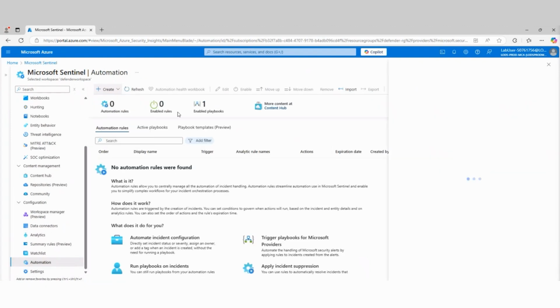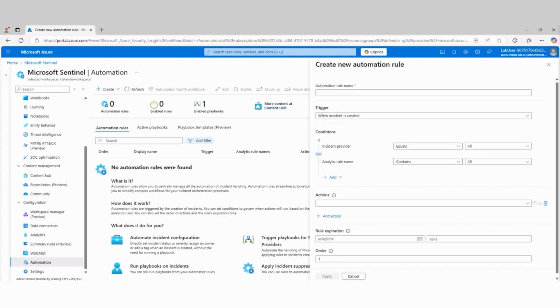So we're going to select automation rule, and we're going to give the automation rule a name. So in here, we'll just call it, in this case, store response. And again, the name, obviously make it something that's easy to understand. But then we define what happens.